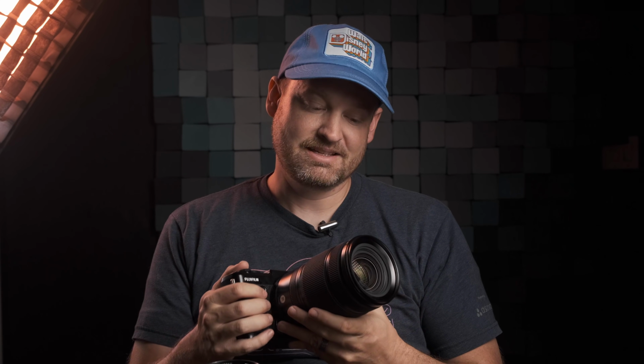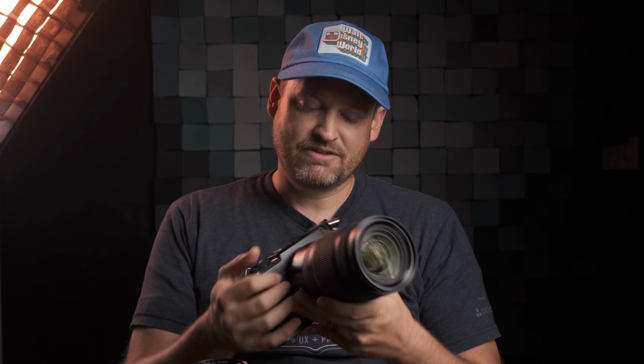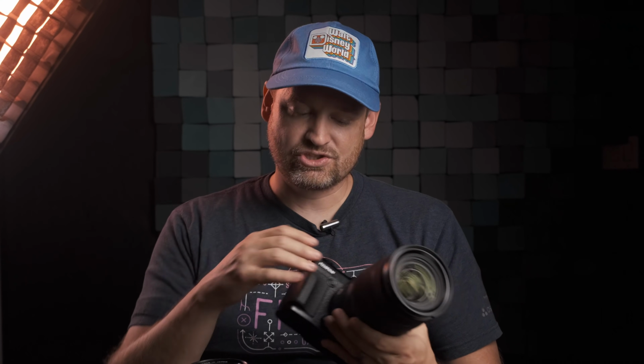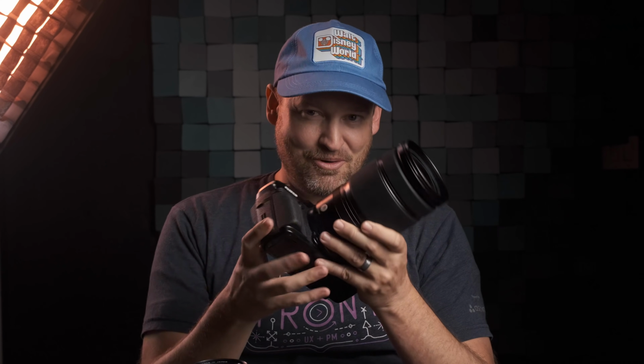I mean, these lenses have autofocus, and that in and of itself is a deal breaker for many of you. Having a manual focus, that's probably not going to work for many of you. Additionally, not all of the GFX lenses are weather sealed, I don't believe, but even without weather sealing, there are still fewer cracks and orifices and tolerances than you will have with something like this, where you have to adapt. So if dust or weather is a concern for you, you're probably better off with something